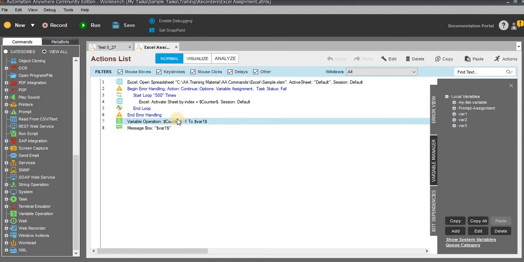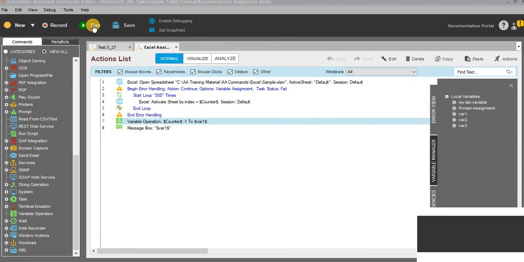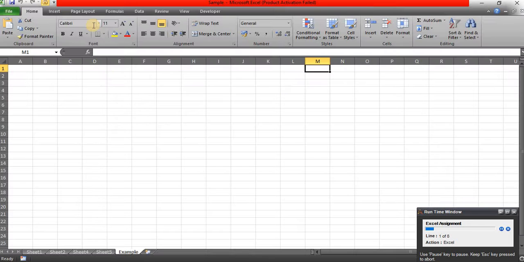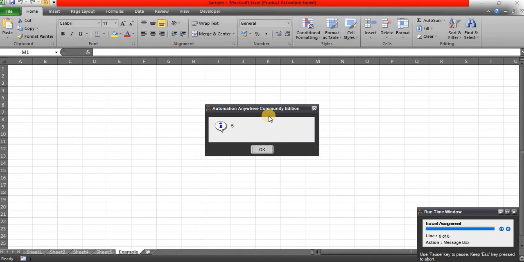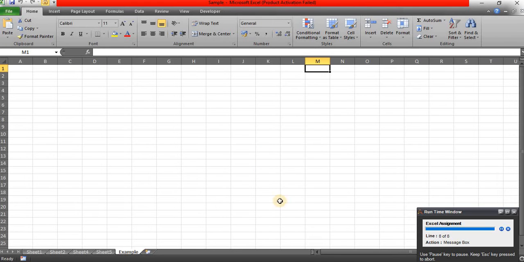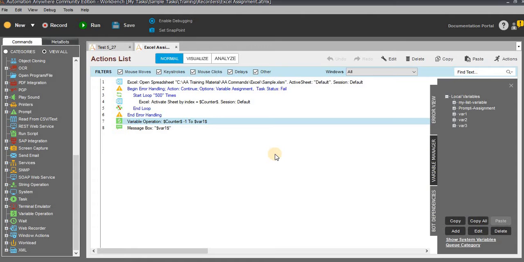So hope you understand the concept, right? As of now we have only 5 sheets. However, only when it reads the sixth sheet can it display the error. That's the reason the counter variable is showing as number 6, but the actual count is 5. So we need to subtract 1. I'll run this task now. So let's see the values. The runtime window has been started. Great. Now you can see the value is 5. Total number of sheets, 5, the exact result we got.